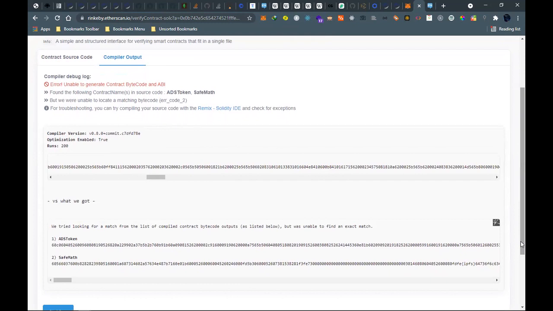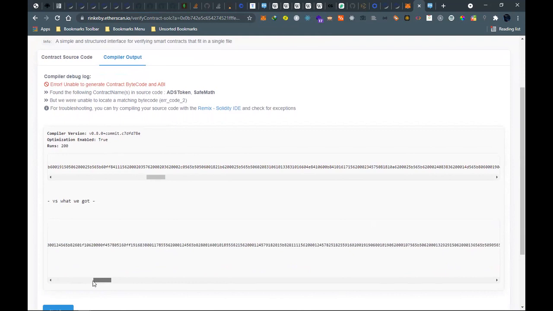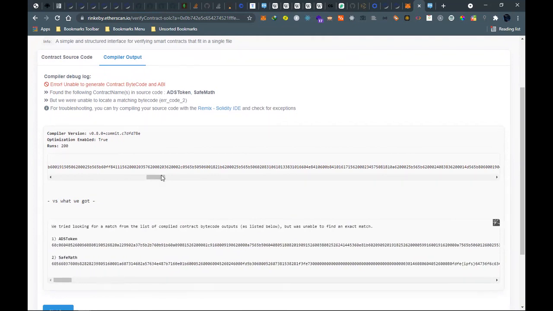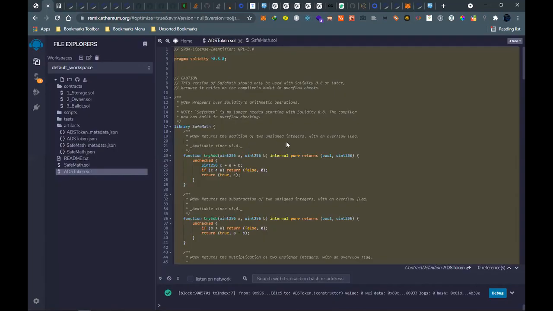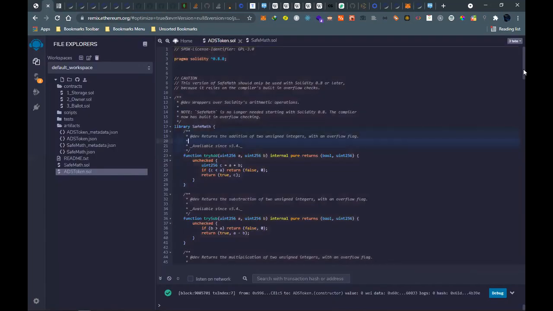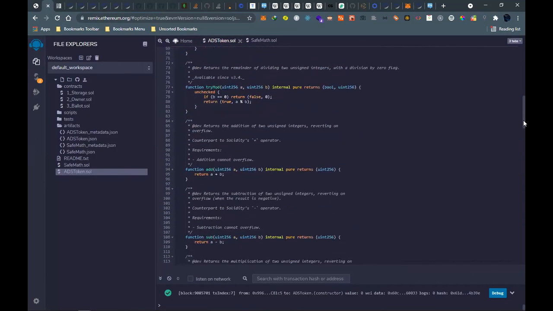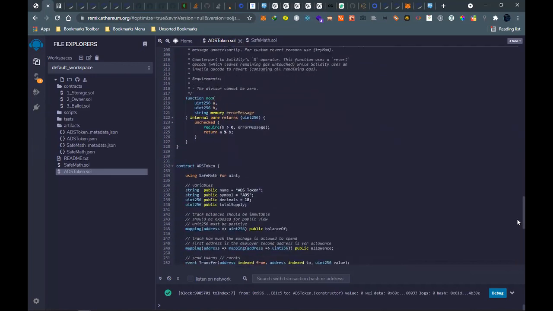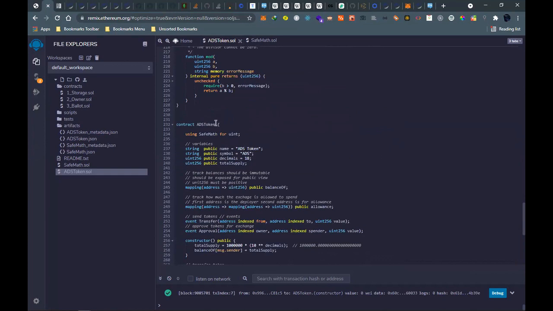Okay, bytecode does not really match. They are not matching. Let's deploy these ones again. So we'll change the name to ADS coin and redeploy again.